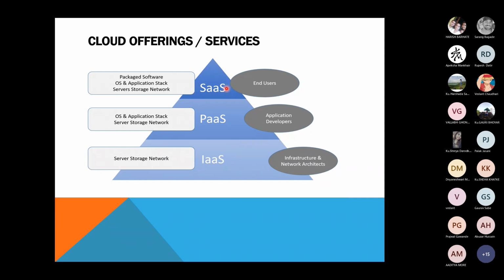Everything day-to-day, Outlook, all the email services, then online games. Online games, have you ever installed them on your machine? No, but you are still playing, right? So that's what they have done: they have published the entire package of the game on the internet. So that's the example of software. I think it will become more clear in the next slides, but I think it was a fair enough explanation